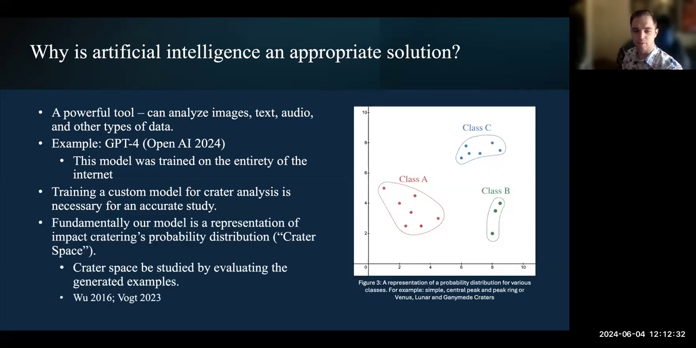So fundamentally, our model is a representation of the impact cratering probability distribution, as you can see in this figure here. We could say, for example, class A could be simple craters, and class B could be a central peak type of crater. And then the really interesting thing is when we put these into embedding space, or condition the model based off of these embeddings, you can actually, can you guys see my